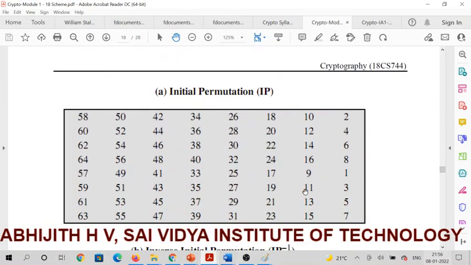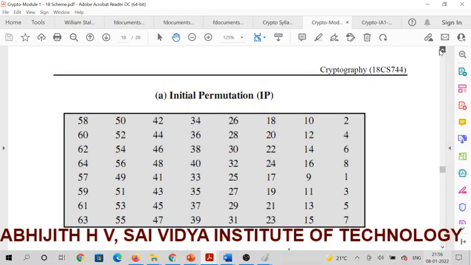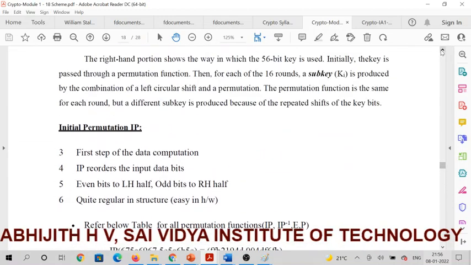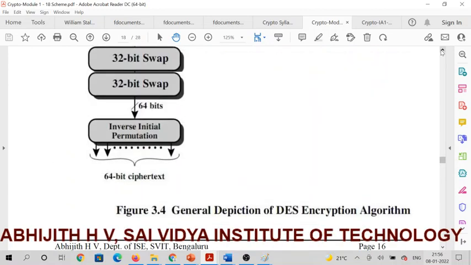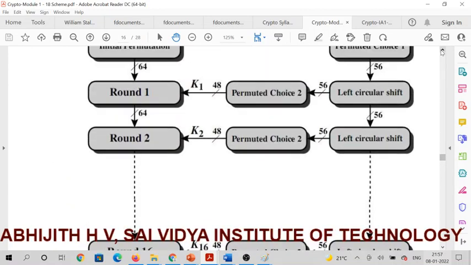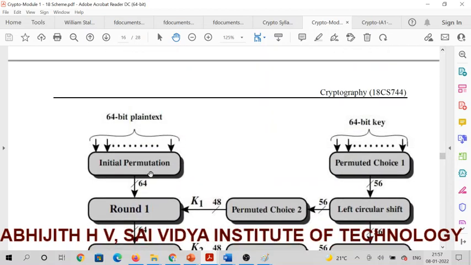All the 64 bits are rearranged using the initial permutation structure. After performing this initial permutation, the 64 bits will be divided into two halves. We call them the left half and the right half. That will be fed to round 1.